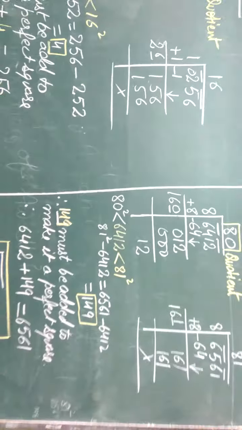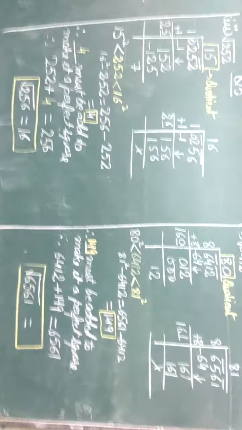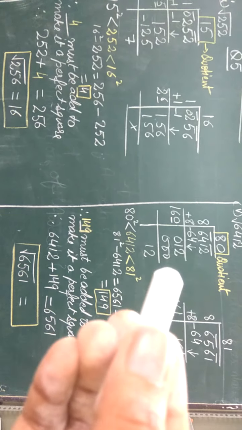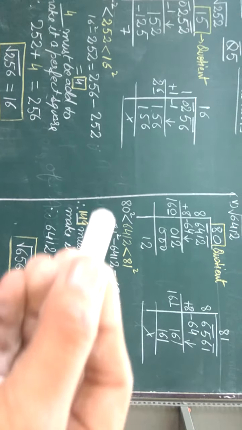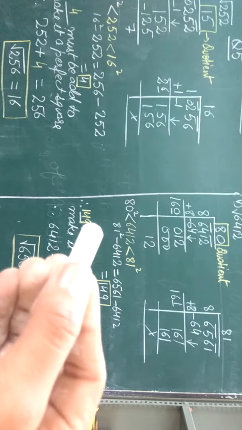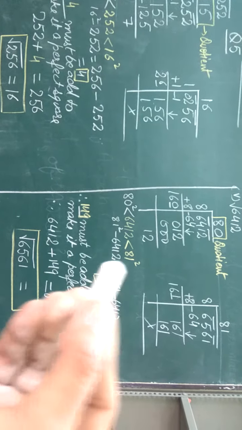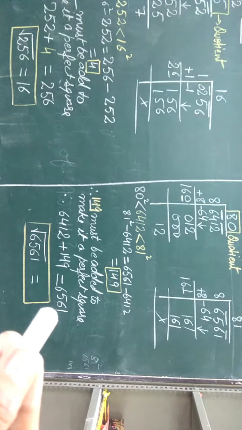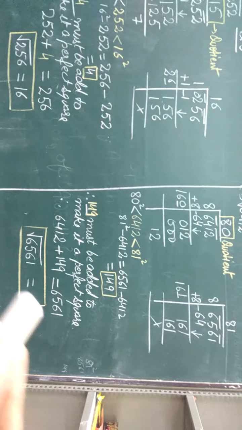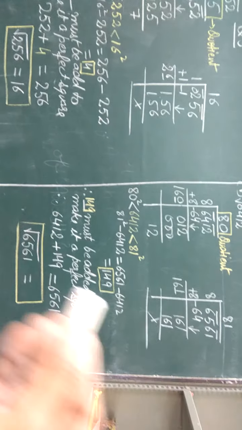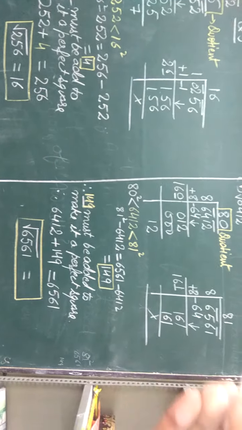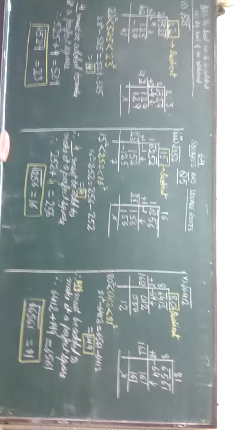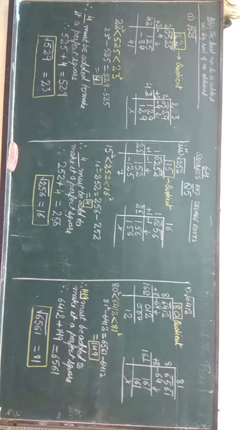So dear students, I hope it is clear to you. Very first of all, do long division, then use the quotient. Write this inequality. Whatever quotient comes, we have to take a number greater than it. We will subtract the given number from 81 square, and we will get the number which must be added, and when we add it to the given number, it will become a perfect square. So the square root of 6561 is 81. So we'll write the answer in this way. So I hope it is clear to you. So try the remaining two parts yourself.